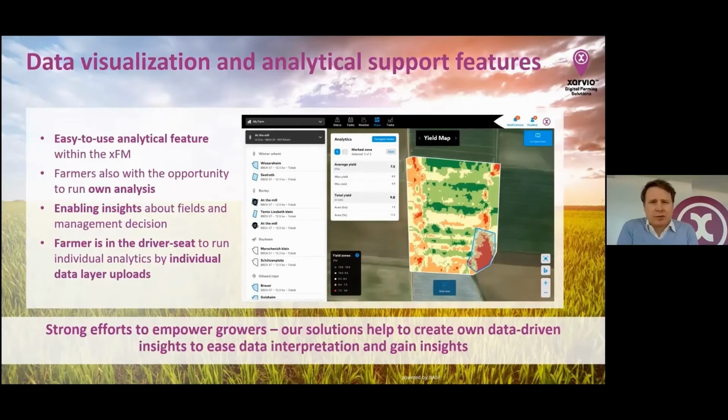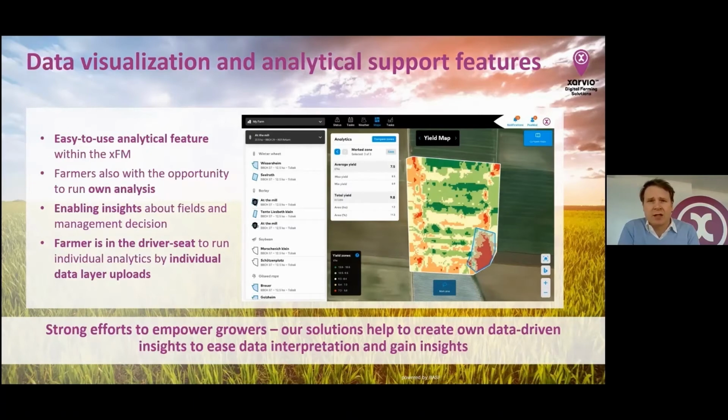I also would like to speak briefly about data visualization and analytical tools. We all have the experience that already today there is a lot of data on the farm. So digitalization in agriculture has not started 2-3 years ago. The first yield maps are 10 years old on, let's say, more innovative farms. This information is available. But what is still lacking in many cases are good tools to really make full use